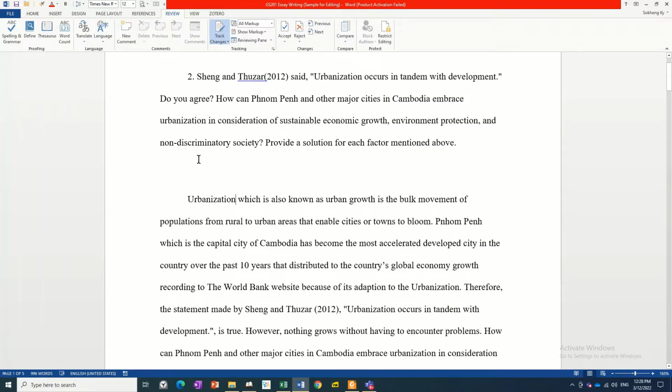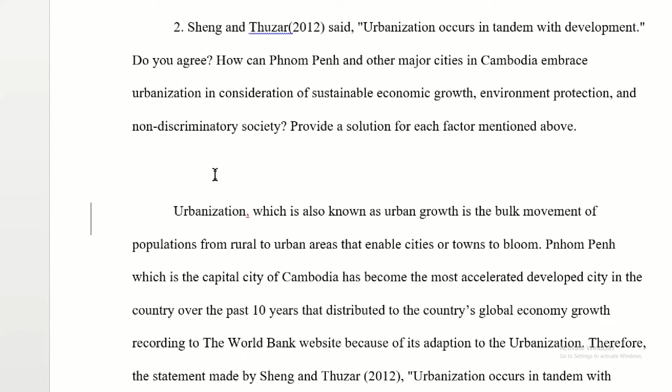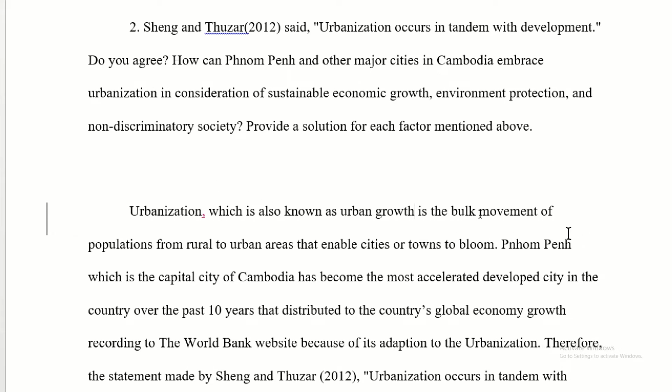So now after I turn on the track changes, look at what happens. I add a comma. See that the comma has one underline. It is underlined. I like to add one comma after growth. See,